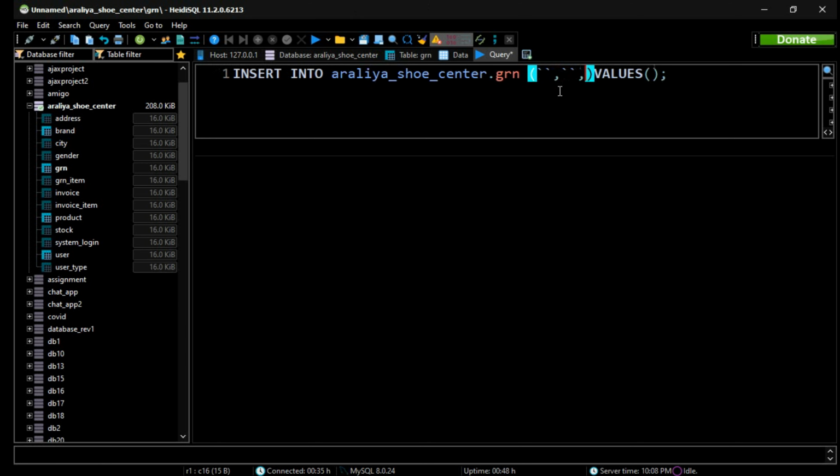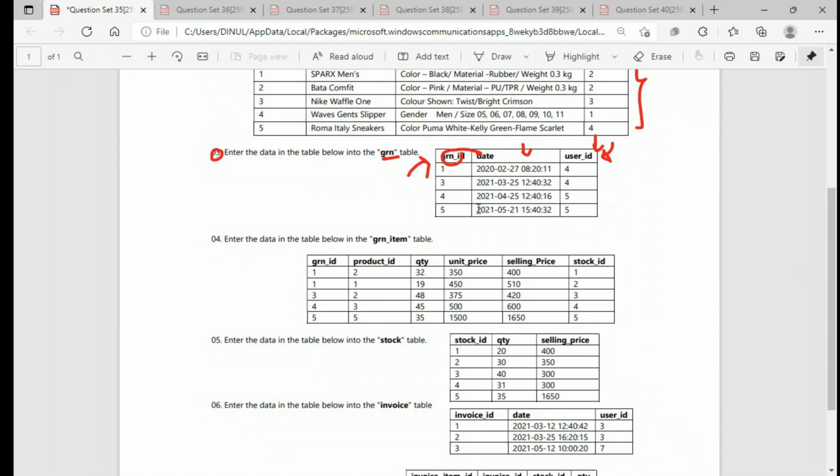Then two pairs of single quotes, then this should be GRN underscore date, and this should be the user underscore ID. So our values are going to be,